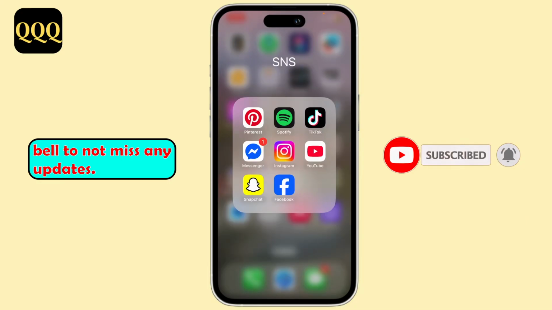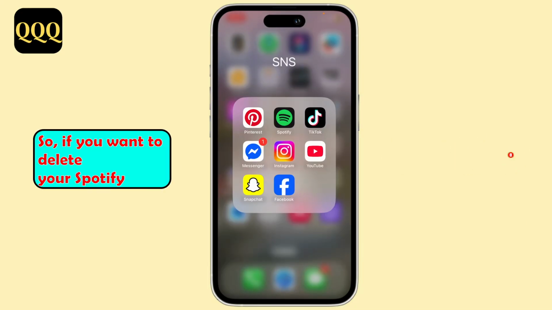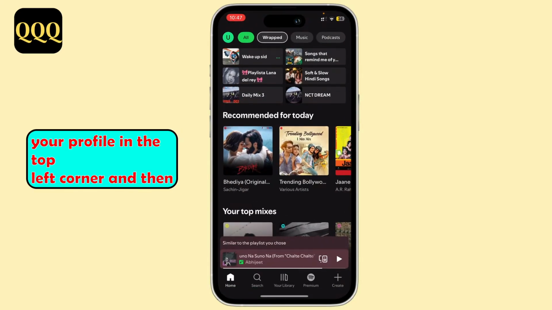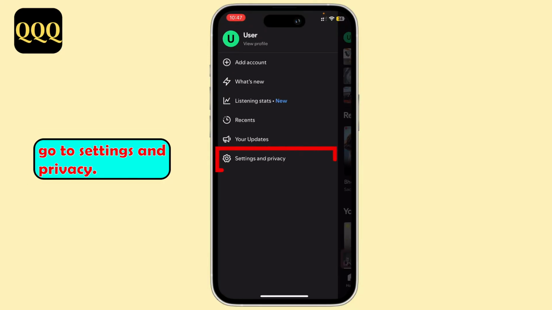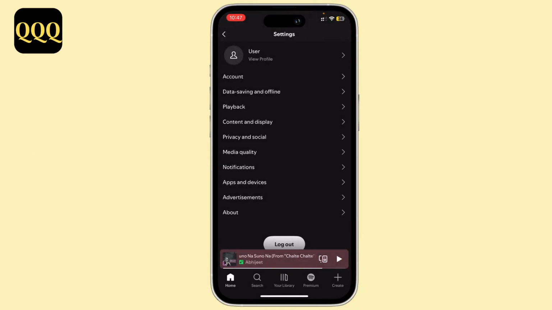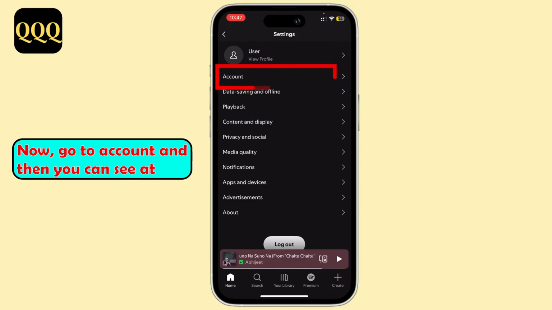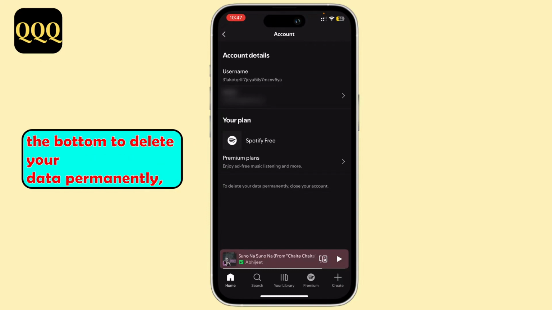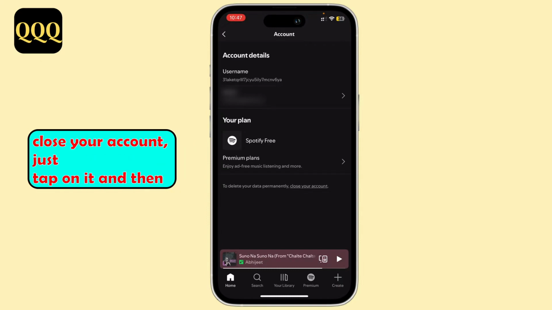So, if you want to delete your Spotify account, head over to the app and then go to your profile in the top left corner and then go to settings and privacy. Now, go to account and then you can see at the bottom to delete your data permanently, close your account, just tap on it